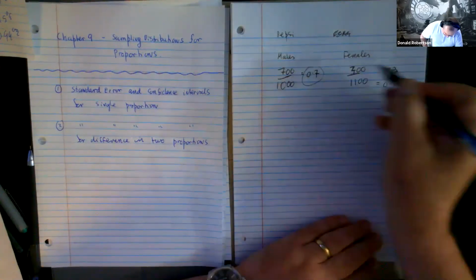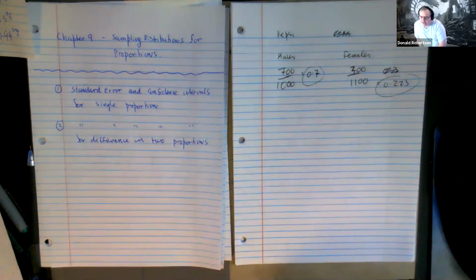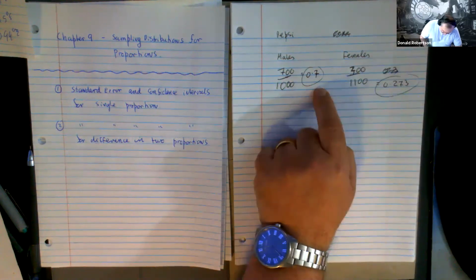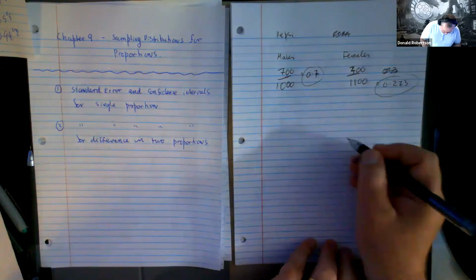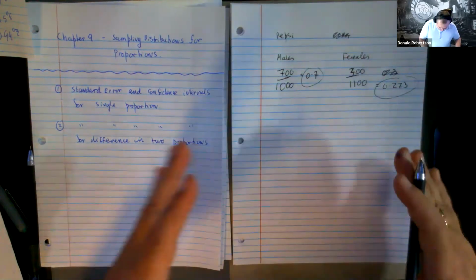Just looking at the raw data, would you agree there seems to be a male-female split on Pepsi? That males seem to like Pepsi more than females, right? Does that seem reasonable based on the data? So what we're going to do now is go through the process of finding a confidence interval